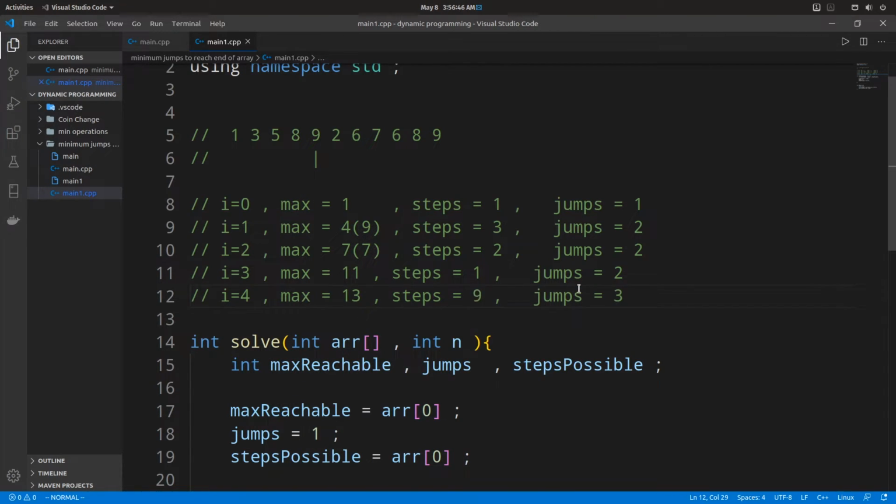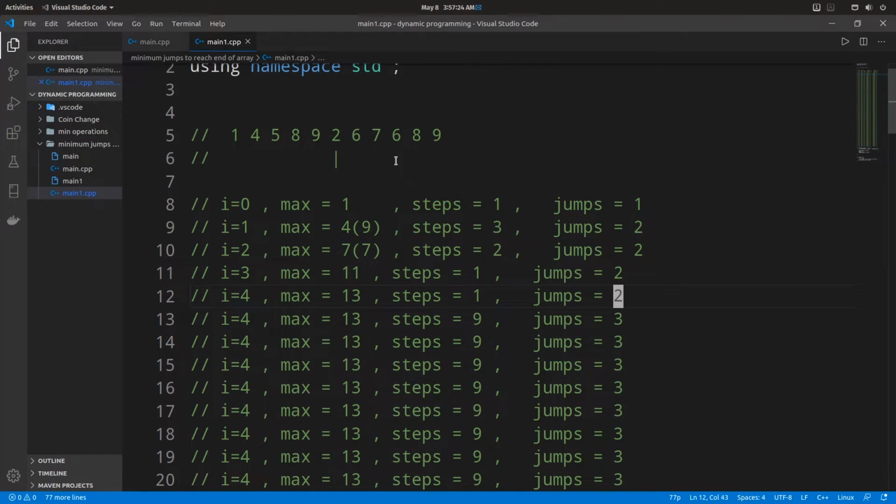Okay, so here just to understand things a bit more clearly, let us say we had 4 instead of 3. The reason that we reinitialize steps depending on the maximum reachable index minus the current index is, let's say instead of 3 we had 4. So now when we reach 9, our remaining steps will not be 0, it will be 1. So we move on to the next index. Okay, so instead of 0, it will still be 1. And we move on to the next index.